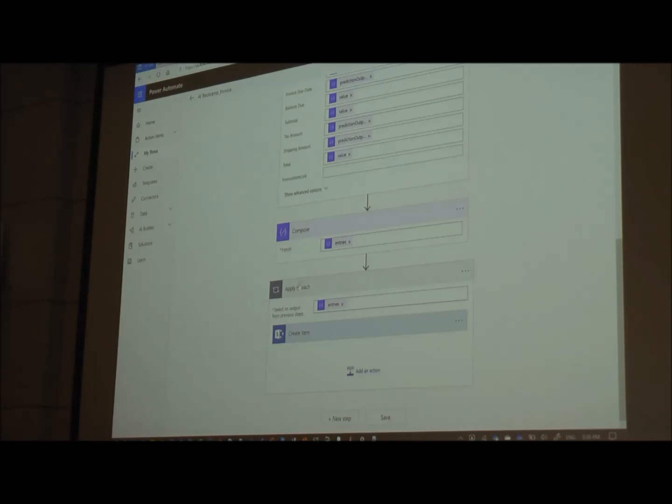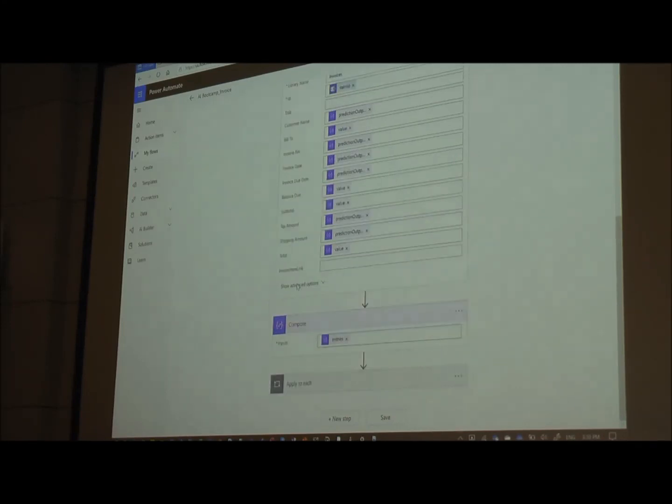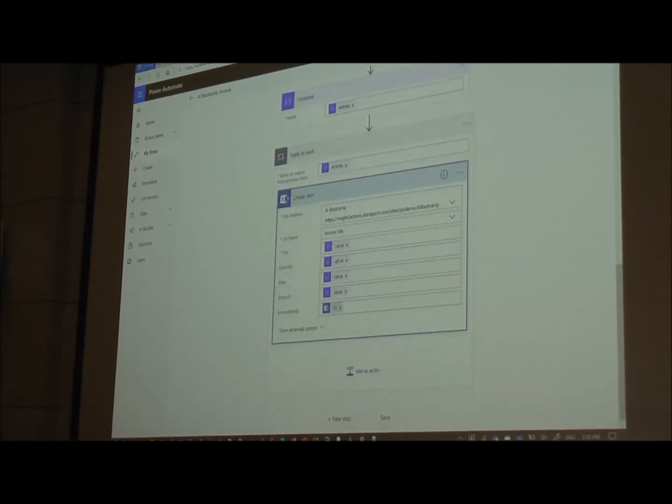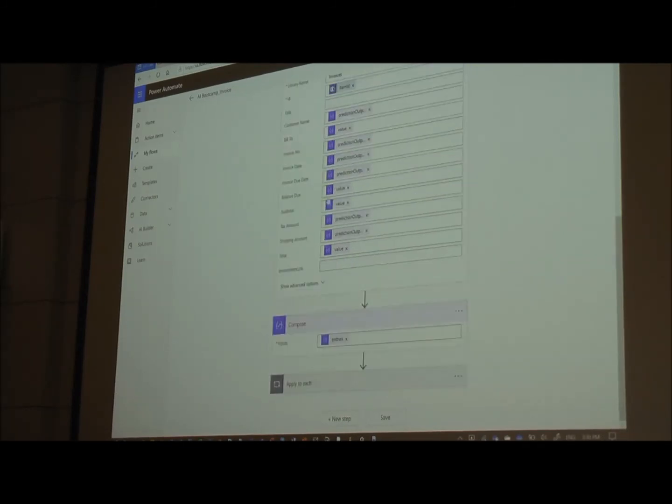And then the next step I want to do, after doing for each and processing each line, is create an item, because I already updated my SharePoint library. Next, my other SharePoint list, which is itemized information, I want to process that. Exactly the same way you do it from value, same formula that you use, and we are done. So the entire process, what I did in the flow, if I collapse it down,